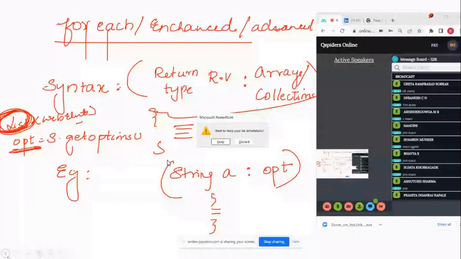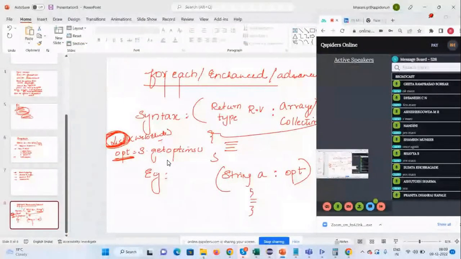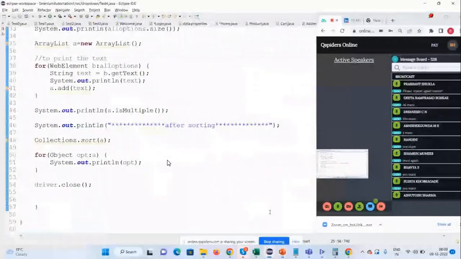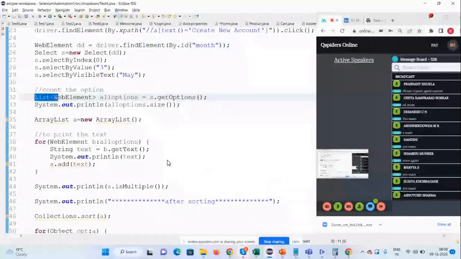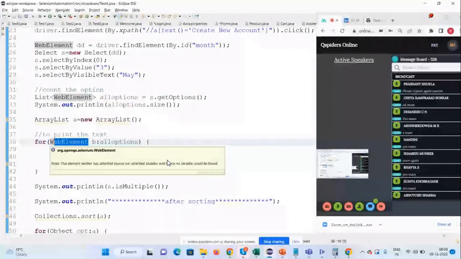Now look at my screen. So this is what? List. This is a collection concept. I'll store it in one reference variable. Return type is what? Web element. It can be any return type: string, variable, integer, web element, anything. Okay. Array or collection,